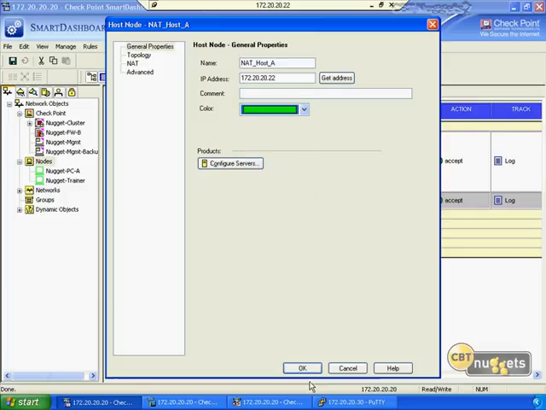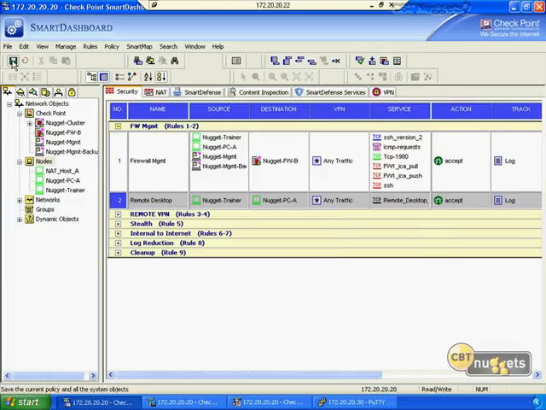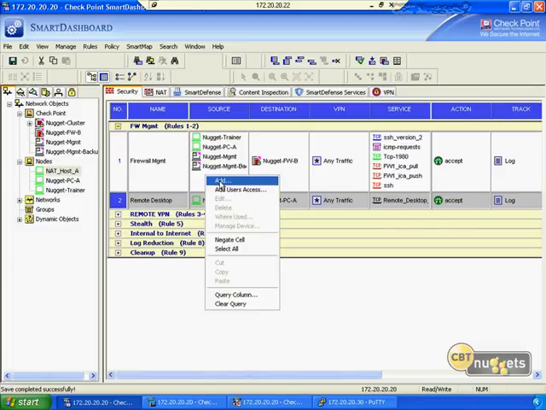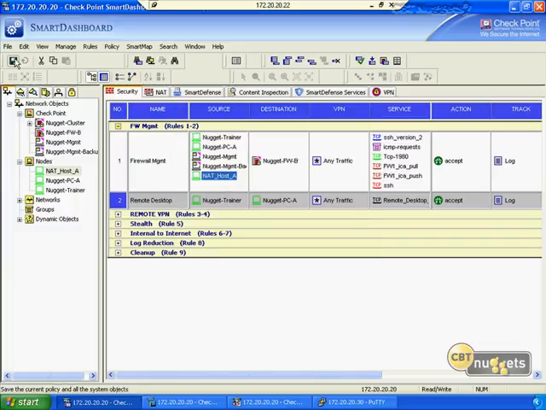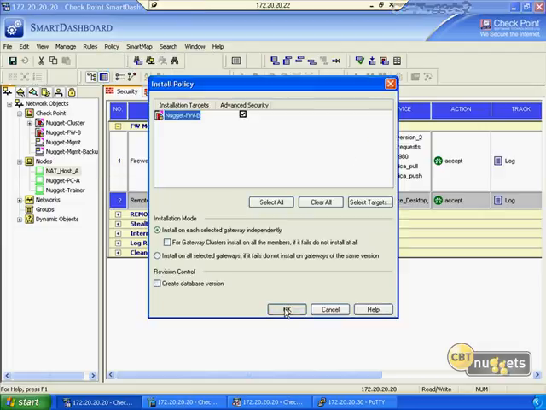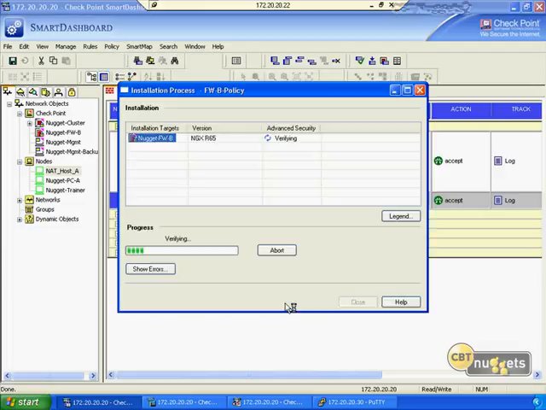And we'll put that in place. Okay, looks good. Let's save that. Add this as a possible host that can use SSH or SSH version 2 with NAT host A. Looks good. Save that. And let's go ahead and push this out to this particular firewall, and then we'll try another verification